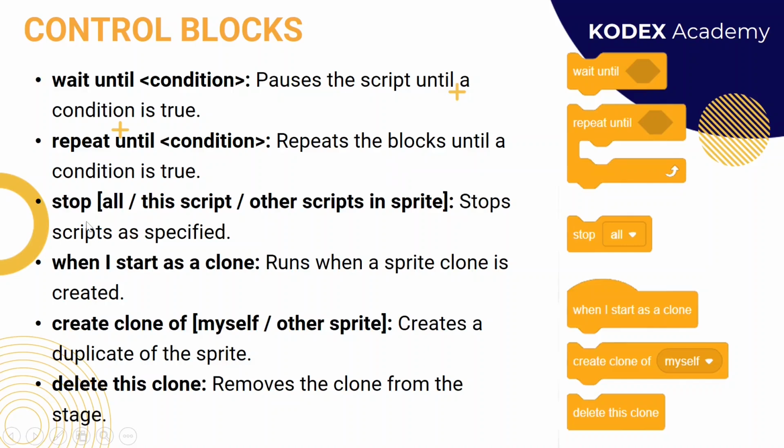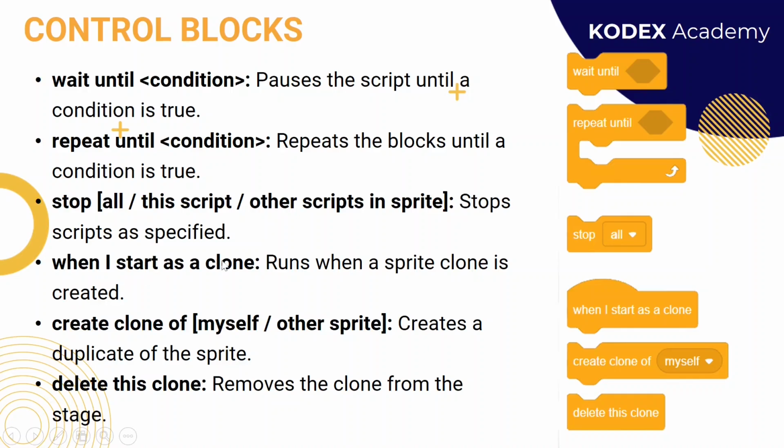Now the next one is stop. This block is used when you want to stop all the actions which are designed in your script, and a particular action which is specified with a particular sprite in your script. You can stop the action as per your demand, for the specific sprite or all the actions which are already running in your script. So you can stop all, or you can specify the action as well.